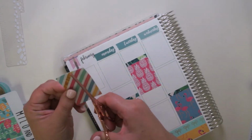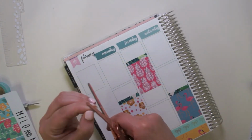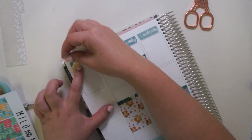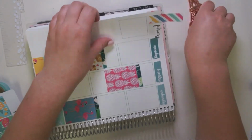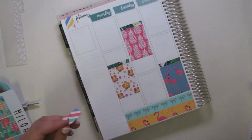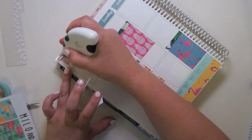Now I'm just trying to make some little flags for the top corner. I originally tried to make it using some of the little things that come in the kit because they're really patterned and beautiful, but I would have to have stuck 3 of them together and it just wasn't working. So I ended up using the stripy parts of the leftover full box that I didn't end up using,